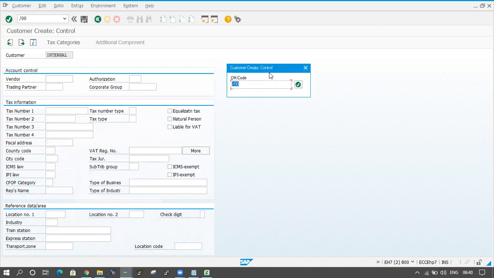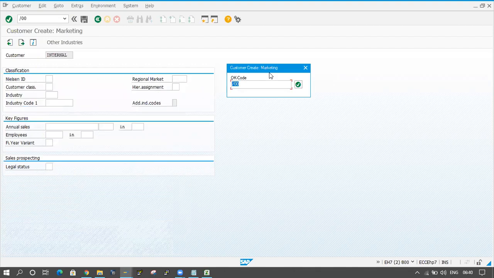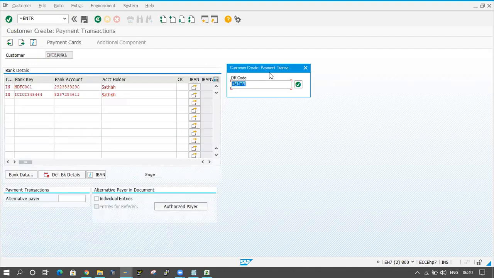Here, if you see, the bank country key, bank key, bank account, and account holder name. This many records I am entering in this screen.